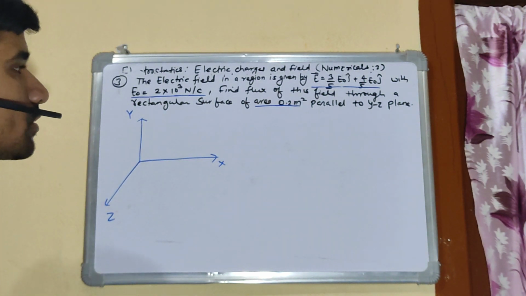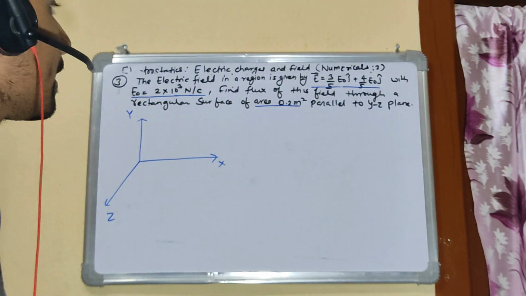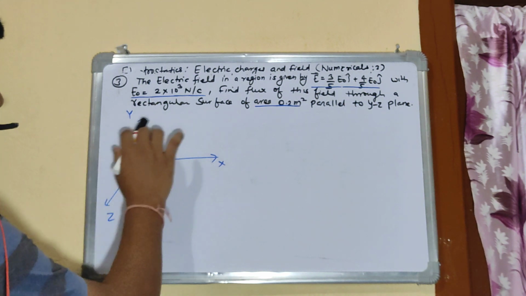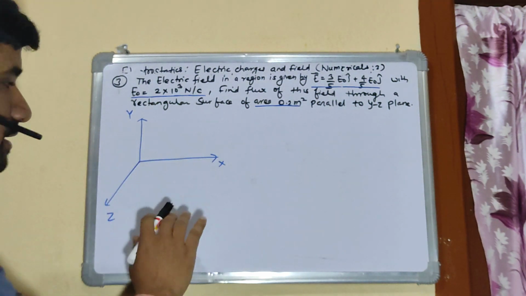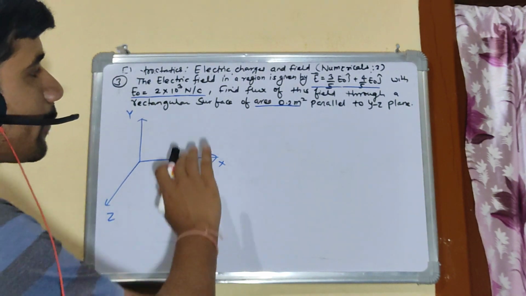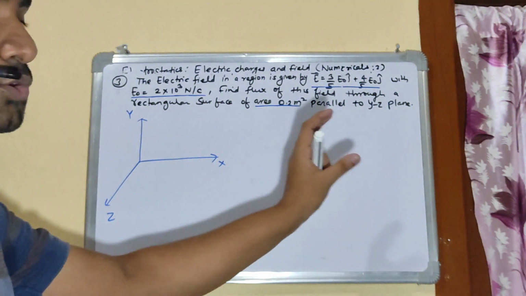So what are the given quantities in this question? The first given quantity is the field. The field is given as 3 by 5 E naught I cap plus 4 by 5 E naught J cap, which means the field is in the XY plane, right? You can say there is no Z component, K cap component to it, right? Now we need to find the flux of this field through a rectangular surface of this area parallel to the YZ plane,